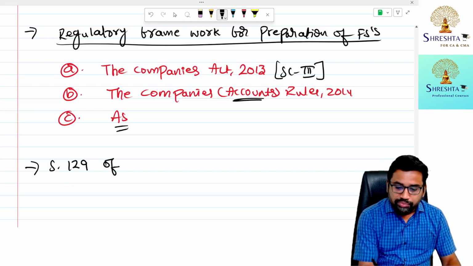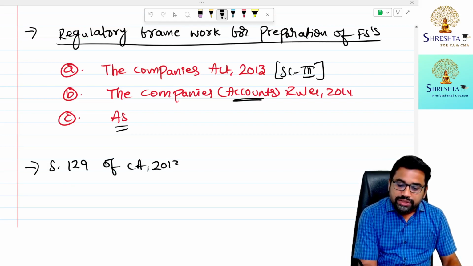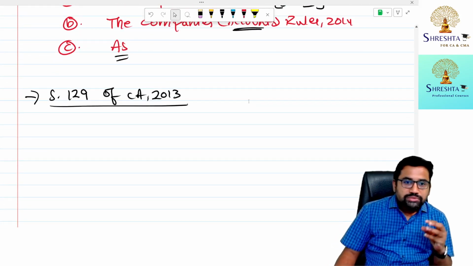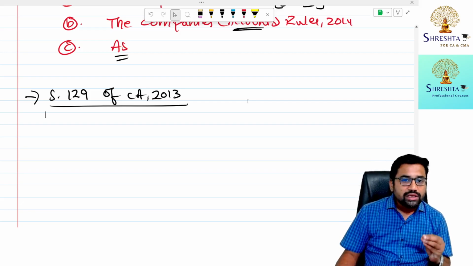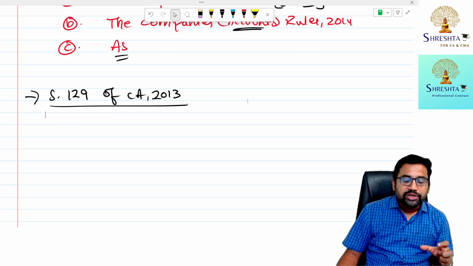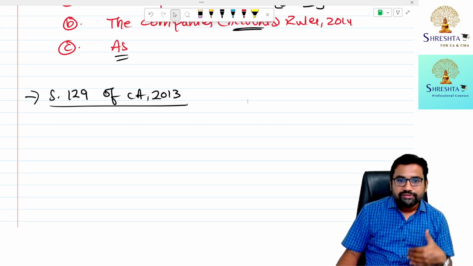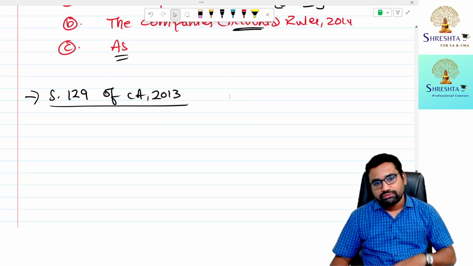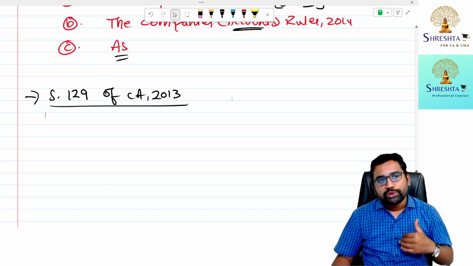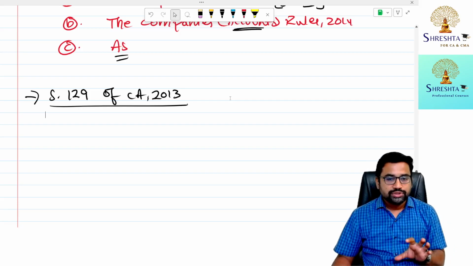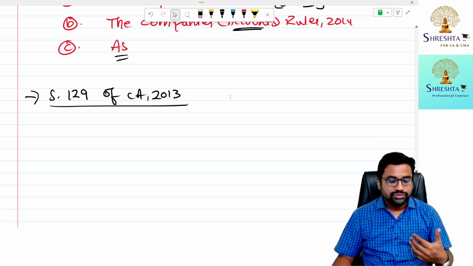129 of the Companies Act 2013. This section talks about financial statements of a company. See, what this section says is some simple points. First thing is, whenever you are preparing financial statements, you should keep in mind the ultimate object is true and fair view. That means your financial statement should give a true and fair view of the state of affairs of the organization. So they are saying that basically you prepare financial statements, whatever happened in your organization, you truly present them. So true and fair view you should give. That is the essence of section 129.